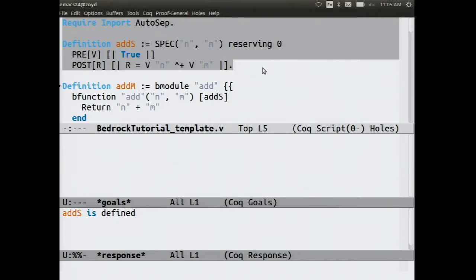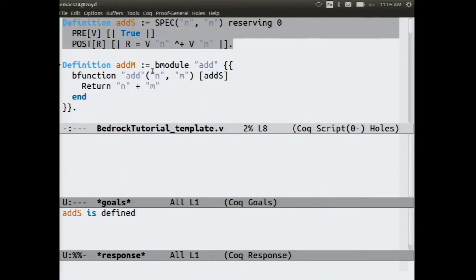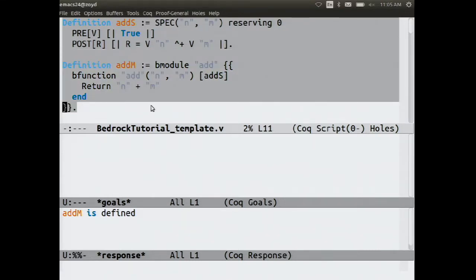Here's the function. It's inside a module that has the name add, and there's also a function named add inside with n and m as the arguments. Here's the spec, and we just return the result of this addition operation. So this looks like it should be a pretty easy one to prove correct. The function code looks almost identical to the specification. So let's prove it. Oof.